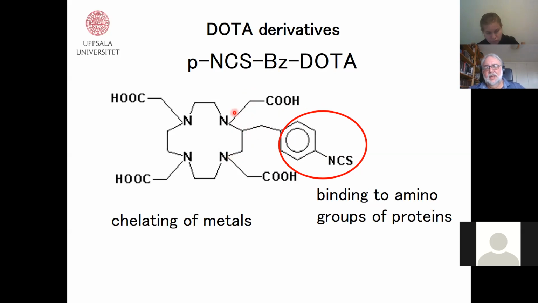So you have all four carboxy groups available for chelation of a metal in addition to four amino groups. So you have a true octadentate chelator, and